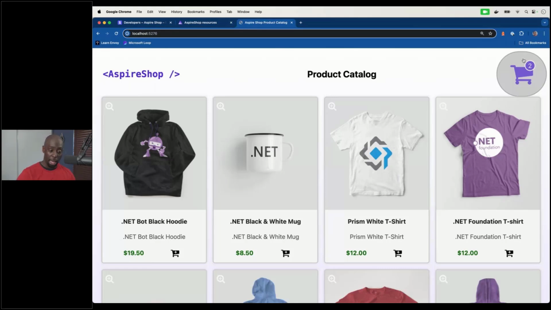So anytime I add something to the shopping cart, I'm making a call over to Redis and saying, hey, store this in the cart, store this in the cart, store this in the cart, right? I have a Postgres database storing all this information for me. And I'm also using Stripe. So that means that I have secrets and API keys and all kinds of stuff happening that I want to make sure I have access to throughout my application.